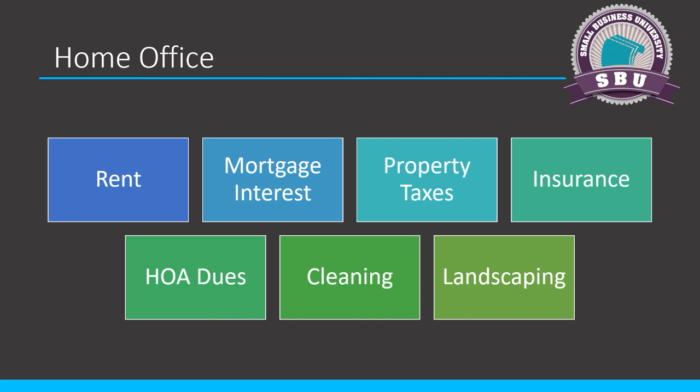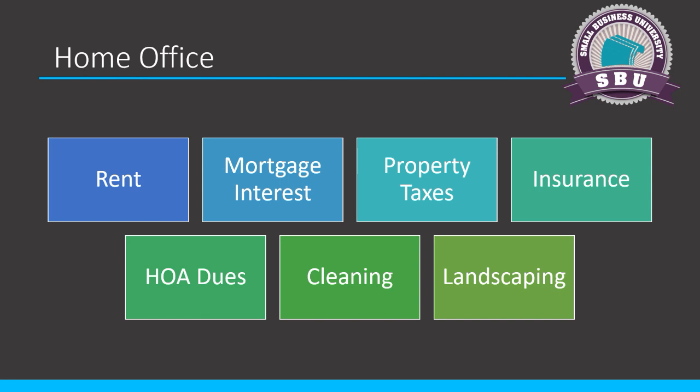If your client does not care about establishing this effect, this automobile expense, let's say they don't have a car, they live in a city and they don't go anywhere, there's lots of reasons they might not want this. Then you might not need to establish this home office thing, and you might not need an accountable plan at all. If you don't need the home office and you don't need the automobile, you might not need an accountable plan at all for that client, but most of them need it.